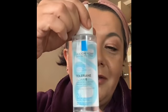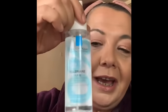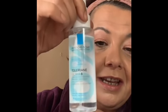Okay, before I do the next step, I'm going to quickly spray my face. And I've come across a really good discovery. Tolerian face spray. It's got really good ingredients in it. And it's just come out. So it's like my eye cream. And when my eyes are getting watery,